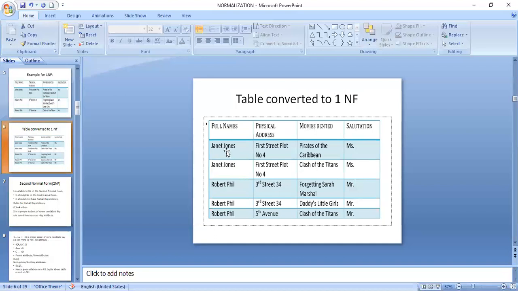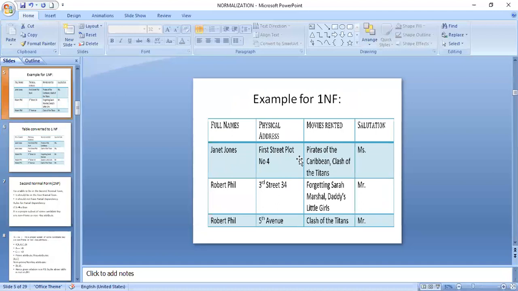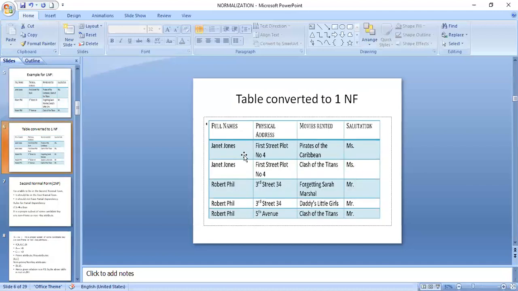If you remember the Janet Jones data, it is Janet Jones, First Street, plot number 4, two movies, Pirates and Clash, and salutation. For this single row, we divided it into two rows. Now Janet Jones, First Street, plot number 4, Pirates of the Caribbean is one row, and Janet Jones, First Street, plot number 4, Clash of Titans is another row.